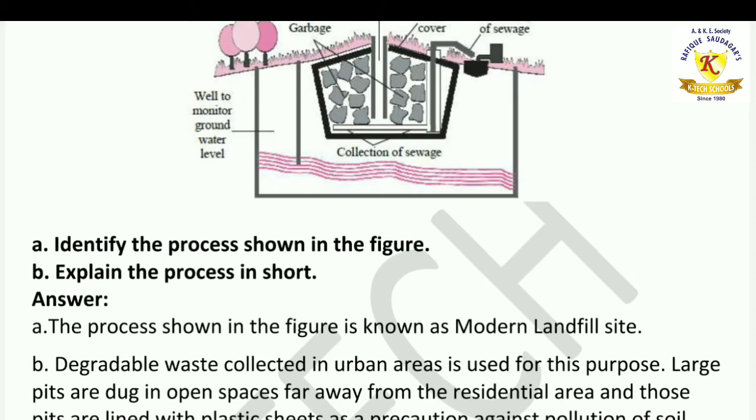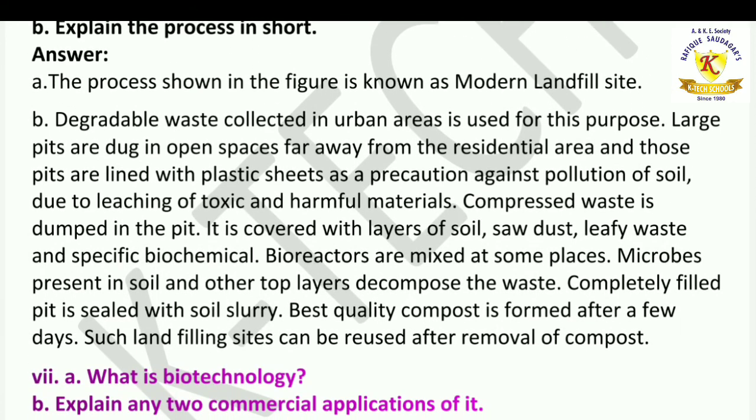Explain the process in short. Answer, degradable waste collected in the urban area is used for this purpose. Large pits are dug in open spaces far away from the residential area, and those pits are lined with plastic sheets as a precaution against pollution of soil